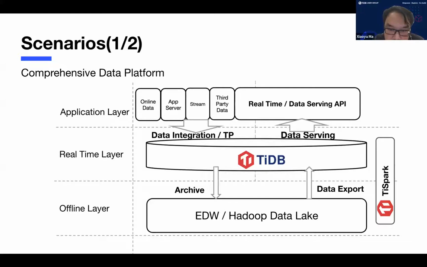After the data grows big, you might have some cold data to be archived into the data warehouse. So you can use TiSpark. TiSpark is a component that's fully compatible with the Apache community version of Spark. So you can use all the Spark features just like the community Spark version. And you can select some of the queries from TiDB and insert into your Hive database, just like those two simple queries,